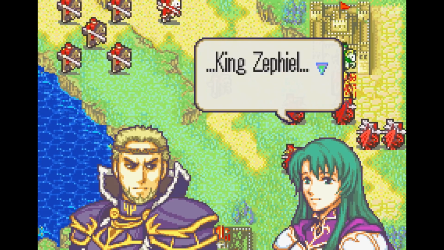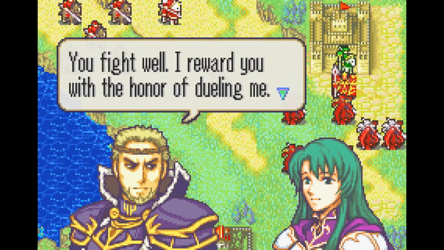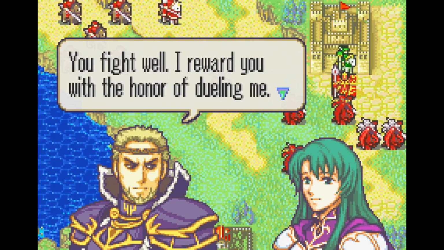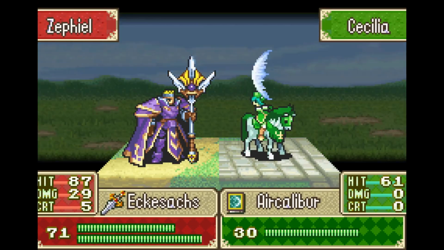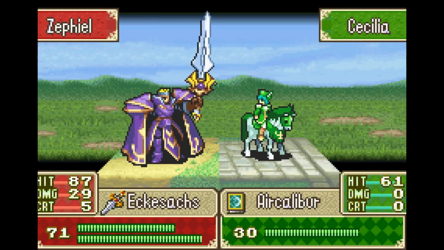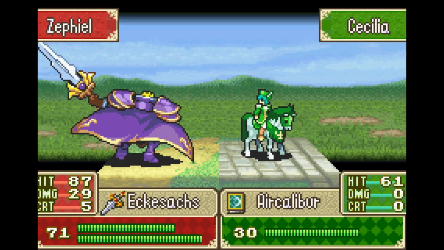Celica at this point in the story is portrayed as a pretty powerful figure of authority. She got Narcian to run away earlier and is defending this fort all by herself. However, when Zafeel fights her, he absolutely obliterates her. This is a great scene because 1, it immediately cements him as a credible threat, 2, it serves as a